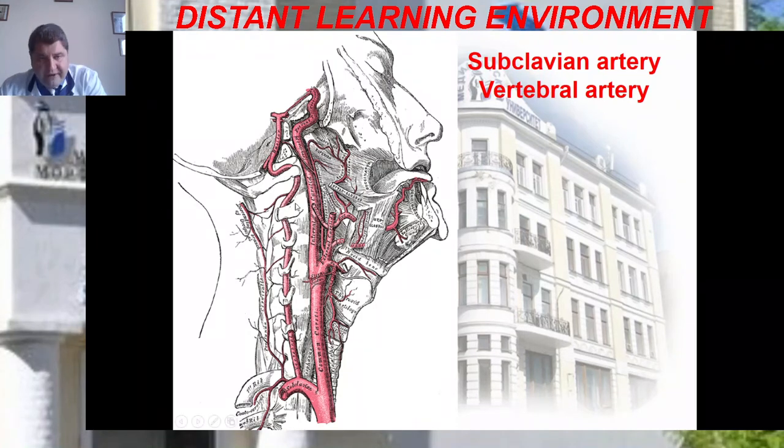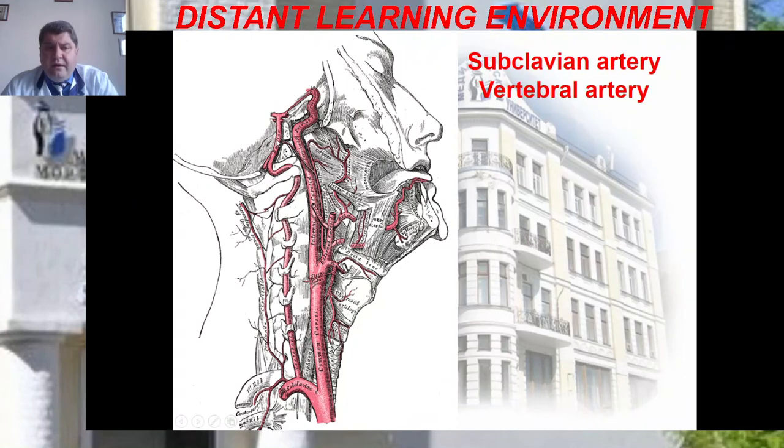It passes through it, bends, and goes to the sulcus of the vertebral artery on the atlas, the first cervical vertebra. Next, it perforates the membrane between the atlas and the occipital bone, and next it goes to the